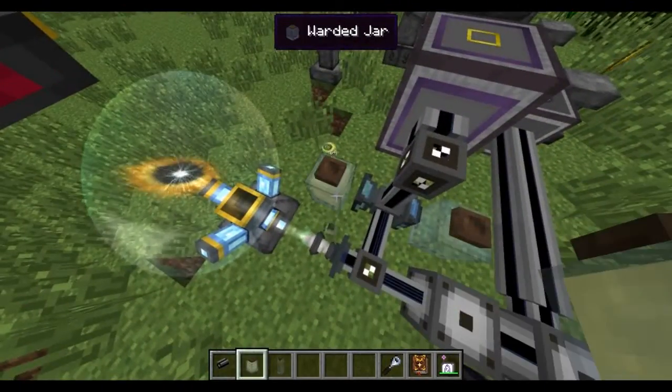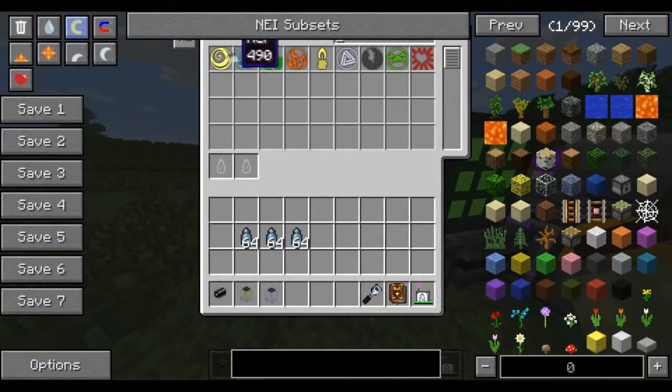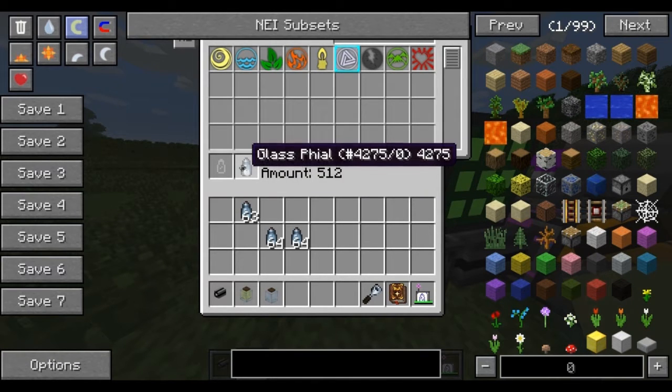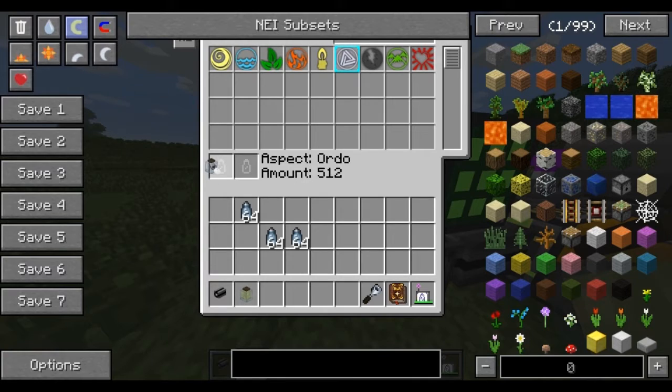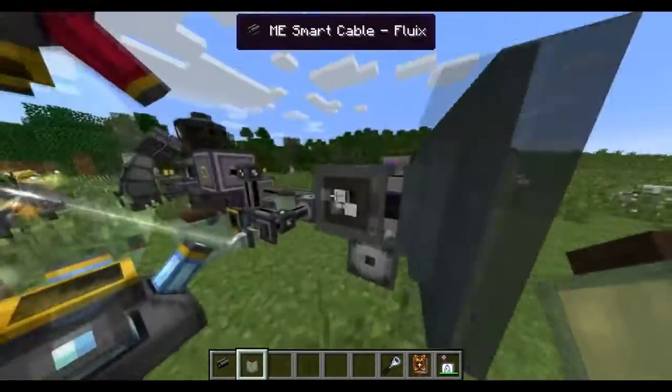So if I break that, put down a new jar that has 64 in it, we can come back over here to this terminal, and we can see that now our air is increasing even further. And you can easily put in a glass phial, select whichever one of these Essentia you want, click on it, boom. The phial is now filled with Ordo. Do the same thing, and I'm pretty sure it should work with water jars. They do. So just like in the Extra Cells mod, when you work with liquids,